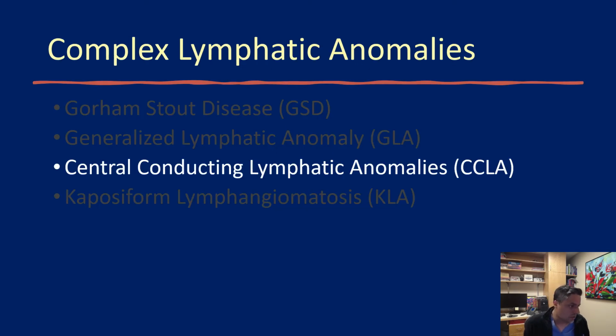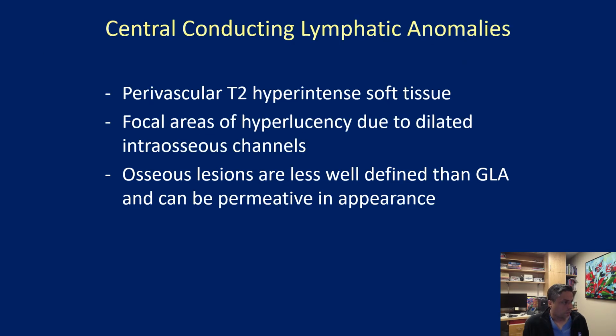CCLA, as the name suggests, is a disease of the central lymphatic channels that may or may not have osseous involvement. A key finding here is the presence of perivascular T2 hyperintense soft tissue in the trunk, reflecting the dilated lymphatic channels. Osseous disease is primarily due to reflux, with focal areas of hyperlucency sometimes seen due to dilated intraosseous channels. And in contrast to GLA, these lesions are much less well defined and can be much more permeative in